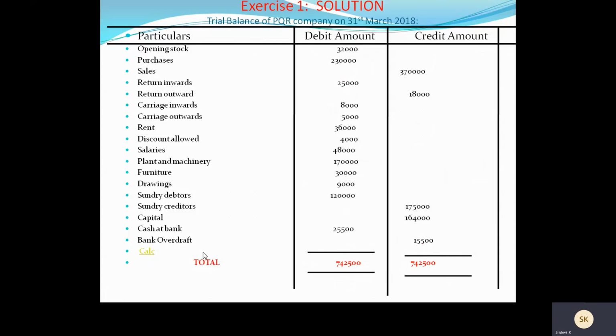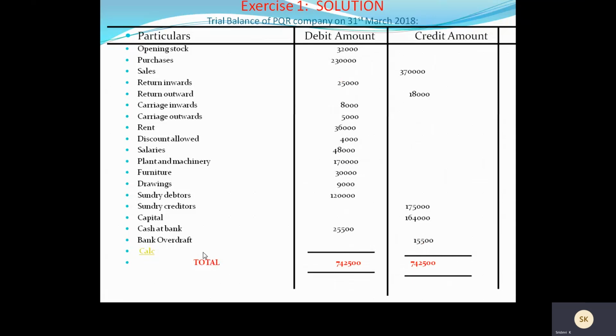So this is how the trial balance will be prepared, and keep in mind whether each item is related to the debit amount column or the credit amount column. It is most important to identify that. It will be very easy for you if you remember the credit related items, as there are very few credit related items. This is a tip for you. Remember the credit related items so that you can easily identify them. Whatever is left over in the question is related to the debit amount column. Okay, so in that manner you can use this tip and do the trial balance.